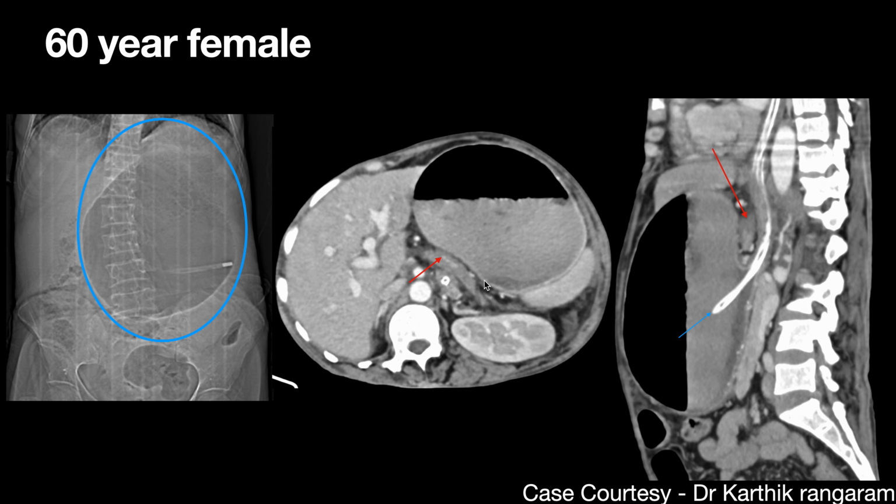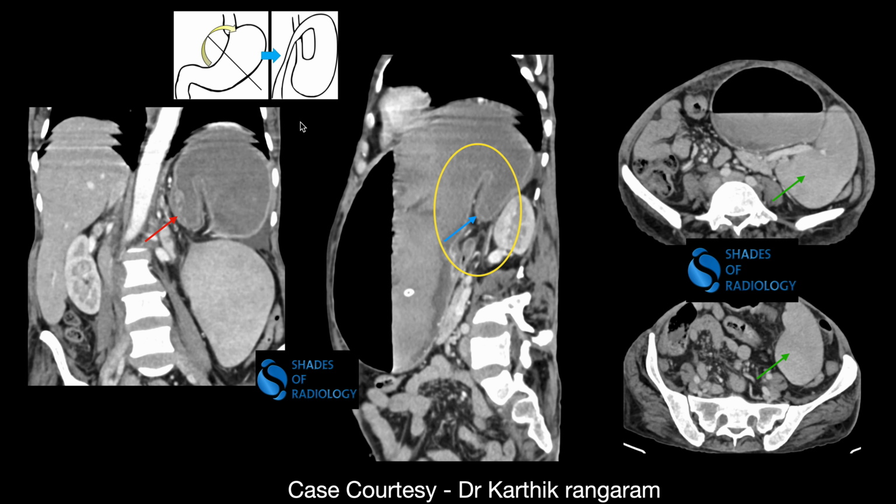And coming to the CT sections, you can see the stomach is over-distended with an air fluid level, and here you can see in the sagittal plane the NG tube is going down here, and there is one structure which is coming up here. If you follow the sequential sections of the axial or sagittal plane, we can see what exactly this is. So I'm going to show you what exactly this structure is, which is located behind the stomach.